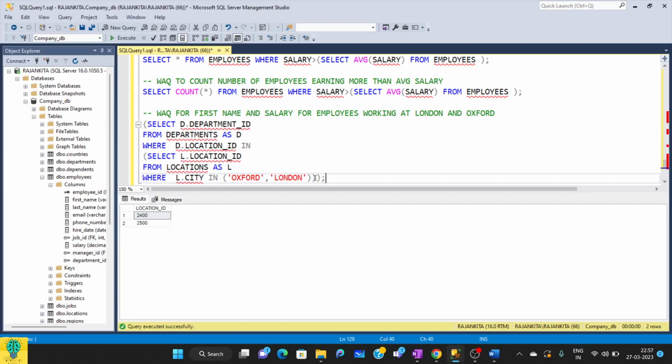Okay, let's run this step by step. It will be much more clear to you. So the department IDs which are having city locations as London and Oxford are 4 and 8. So if the department ID is 4 and 8, print all the details. So select, let's print all the details